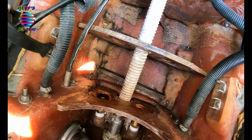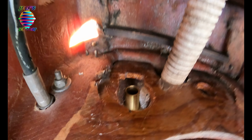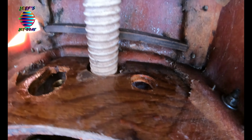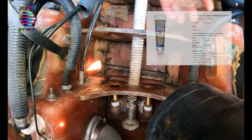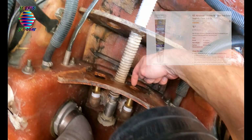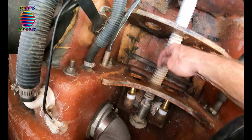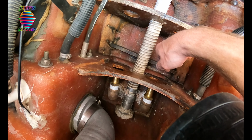Alrighty, so we got everything done. We got all of our through hole fittings done. We got our holes drilled and done for the hoses to pass through. I went ahead and took some silicone, just like we did on the through hole fittings, just some outdoor silicone. I just smeared them around the holes to kind of water seal these little things up, you know,